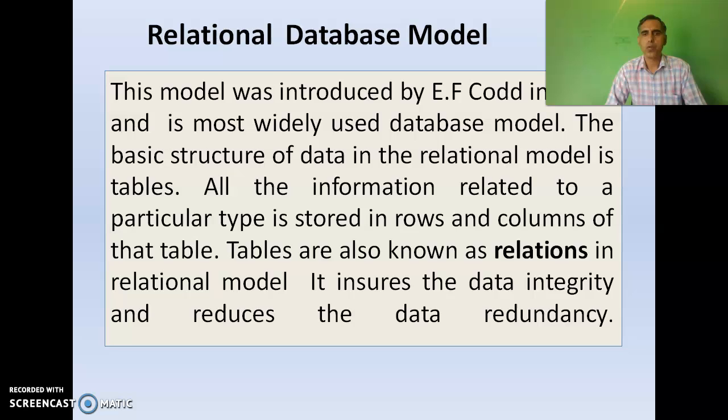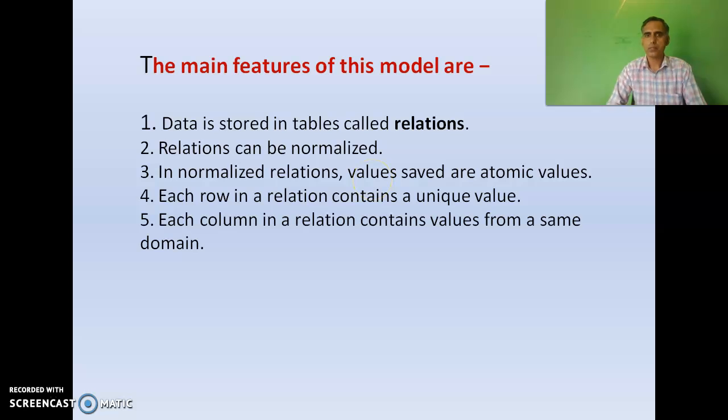The tables are known as relations in this model. This model ensures the data integrity and reduces the data redundancy. This model is also free from database anomaly.